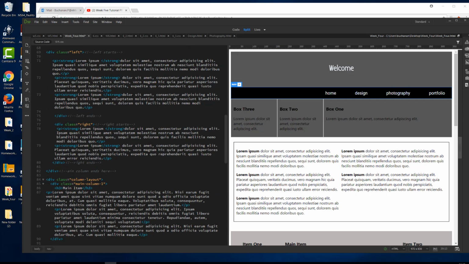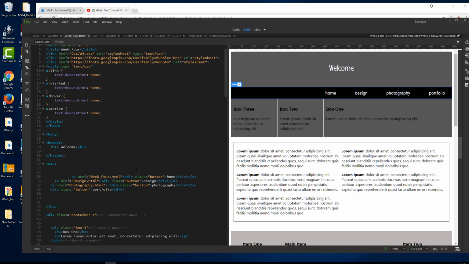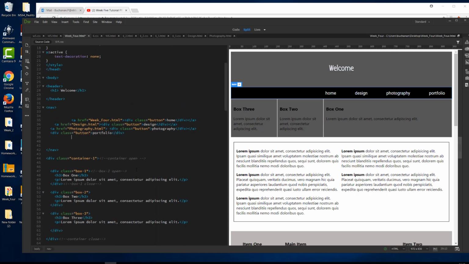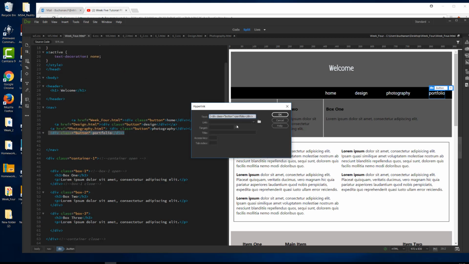Let's see, so we'll go back to our buttons. Where are we? Oh, wrong way. Here we are, and the last thing we can do is we can put an external link, for example, on this one. So if we go here to insert hyperlink, if we want this button to open up a brand new page, for example to the BBC, we could tell it then we target a blank, so we target a blank browser window, and the link in here is